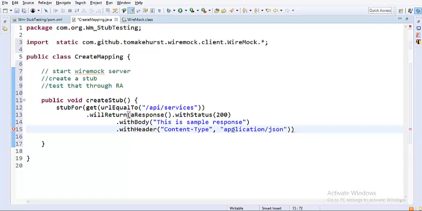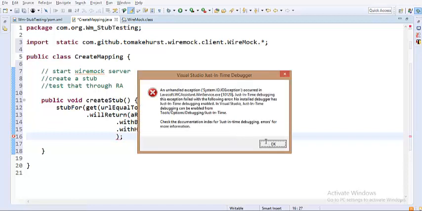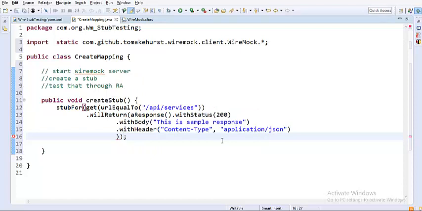I think these parameters are enough. Let me quickly close this parenthesis as well. So this is the basic stub that I've created. To explain this stub, it is accepting a context URL which is /API/services.